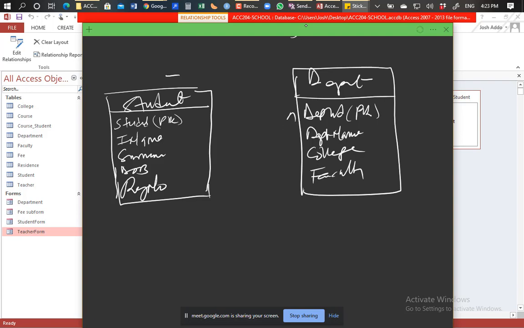But to show the whole world that you exactly understand how a relationship is built in a relational database, you know that the relationships are done between a foreign key and a primary key. All right? It is done between a foreign key and a primary key. The foreign key is just a duplicate of a primary key